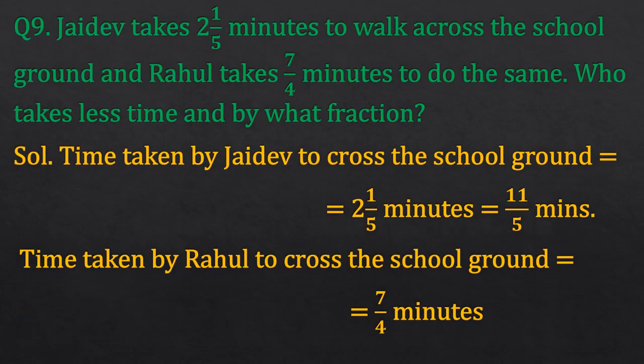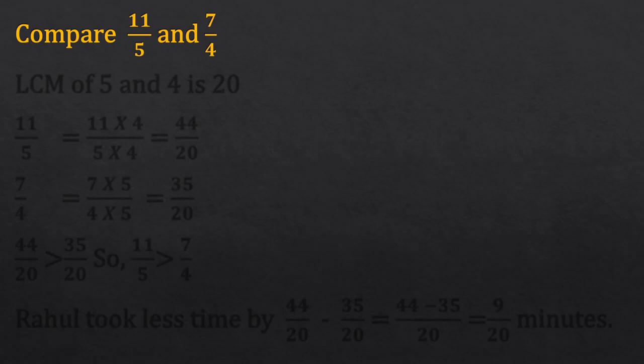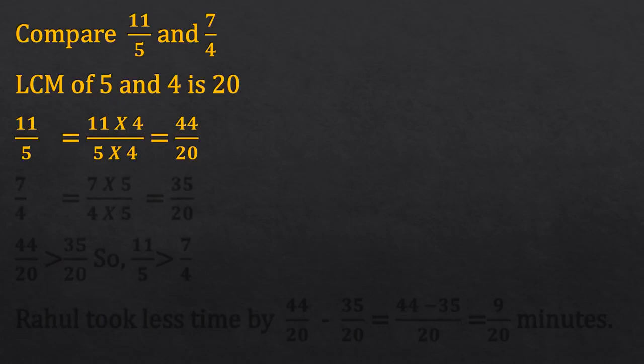Again, denominators are different, so take the LCM. LCM of 8 and 4 is 8. Okay. Divide the common denominator 8 by the denominator of the first fraction. 8 ones are 8. 1 multiplied by 7 is 7. Minus. Now divide common denominator 8 by the denominator of the second fraction, that is 4. So 8 divided by 4 is 2. 2 multiplied by 1 is 2. 7 minus 2 is 5. 5/8. So length of other piece is 5/8 meter.